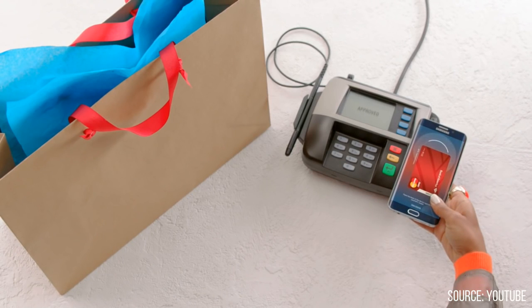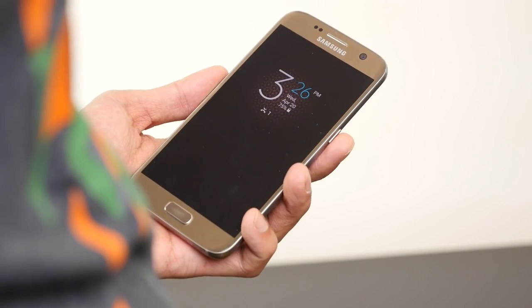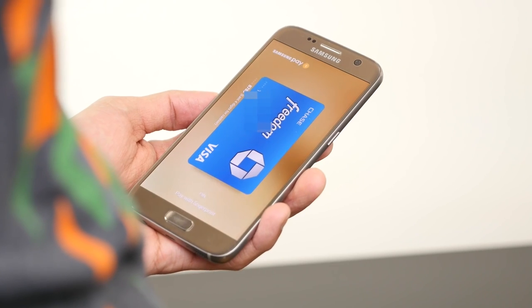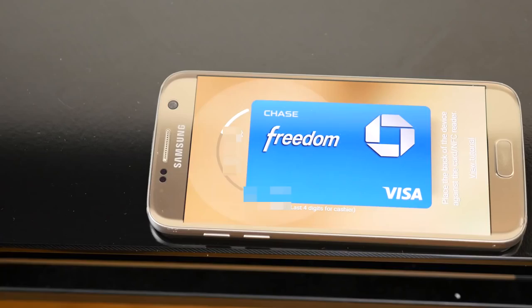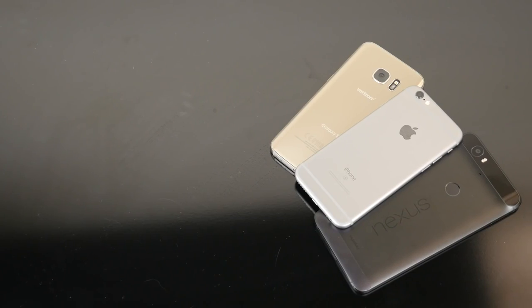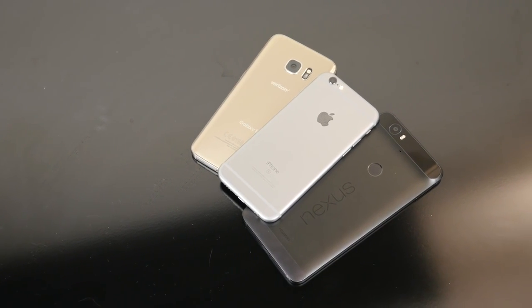While it has an extensive list of supported banks and retailers, it can't be used for purchases in apps. On top of that, the supported devices are limited to recent Galaxy smartphones. Still, I can't stress enough about its MST method, which makes it more likely to work in places we go every day. Even though we're seeing this increase in adoption, the biggest question we have to ask ourselves is whether